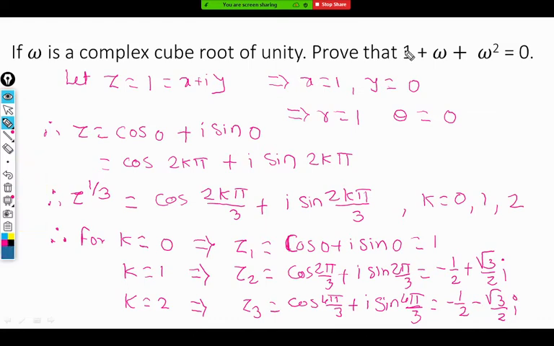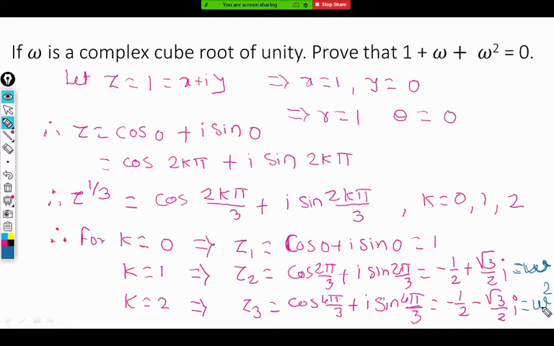The first root is 1 itself, that we require. If you denote the second root by omega, we are assuming the second root is omega. You can assume the third root also as omega. You can assume any of the roots as omega. Then if you calculate omega square, you get the other one. So this will become omega square. If you square this, a square plus b square plus 2ab, and if you simplify, you get this number. So obviously we have three roots: 1, omega and omega square.